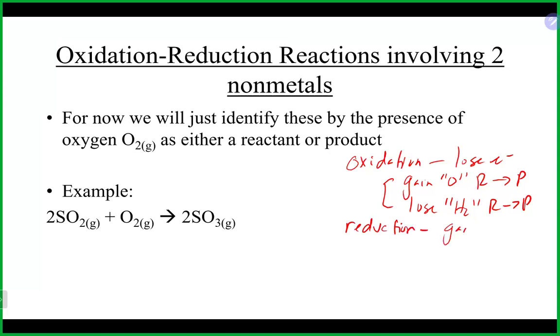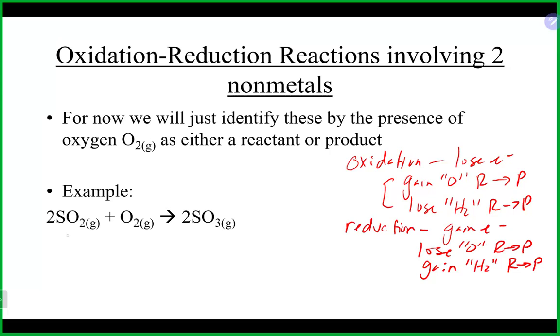You can gain electrons, you can lose oxygen as you go from reactants to products, and you could gain hydrogen as you go from reactants to products. So those are three definitions of each of those. And just to illustrate this here, if we take a look at it,